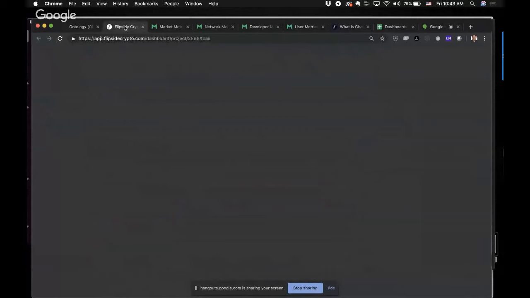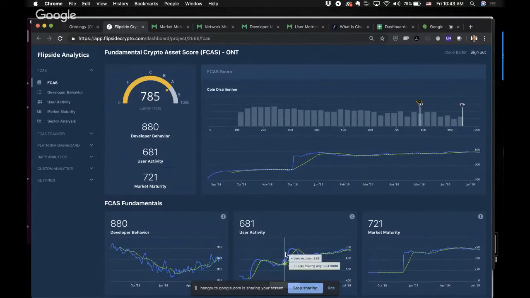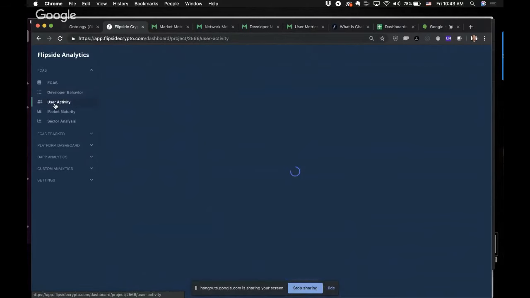What I wanted to start with is if you have free analytics from us, you will be able to receive insights into your own rating and sub-ratings by accessing our dashboard. So this is all free. This is a good look at Ontology. We really like them. More than anything, we love seeing this trend in user activity. It's going up over time. You can see their developer behavior is also going up. And just so you can see, we're able to dive deep into all these trends to understand which areas of developer community are moving and which areas of user activity.